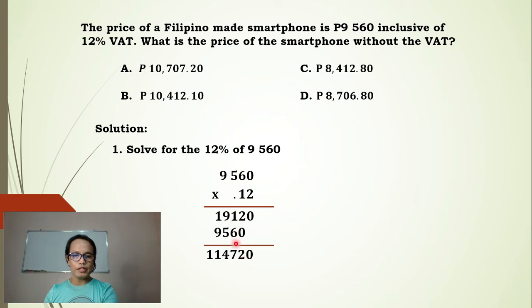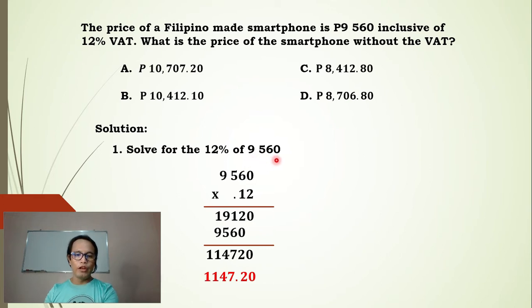1 plus 6, 7. 9 plus 5 is 14. We bring down 4, we carry 1. So we have 1 plus 1 is 2 plus 9 is 11. Then we have 2 decimal places, 1 and 2. So we count 1, 2. Our decimal place is located here. So we have 1,147.20. So this is now the 12% of